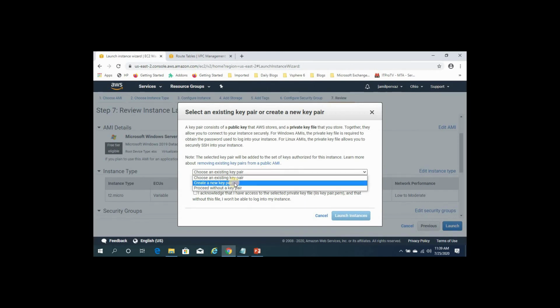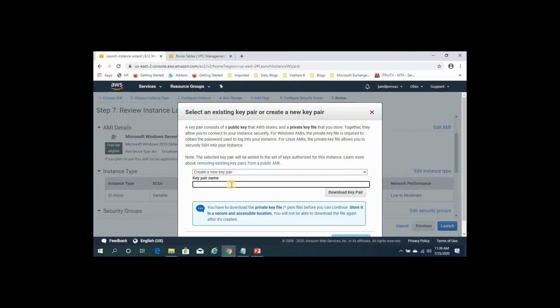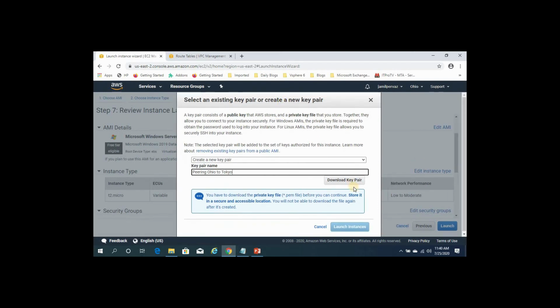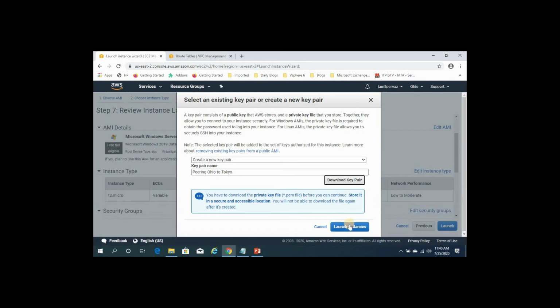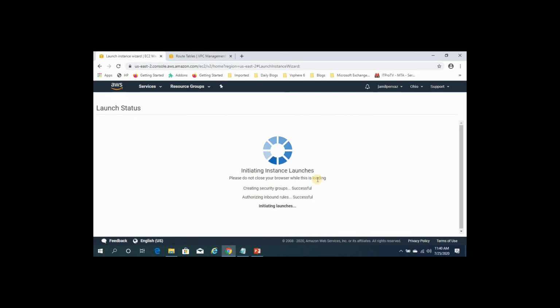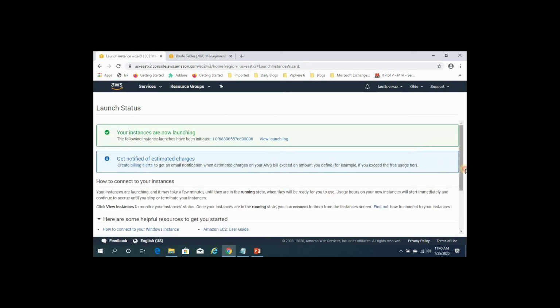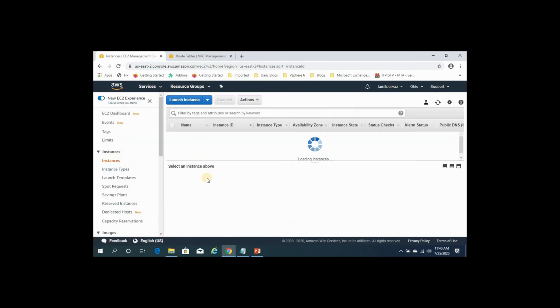I'm going to create a new key pair, named pairing Ohio to Tokyo. Don't forget to download the key pair. Click on download key pair. Click on launch instances. Click on view instances.